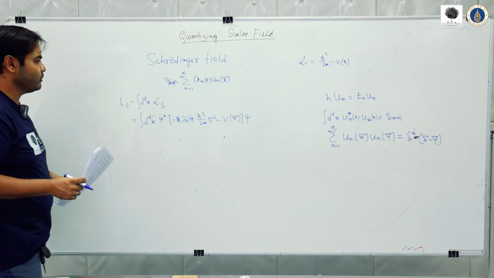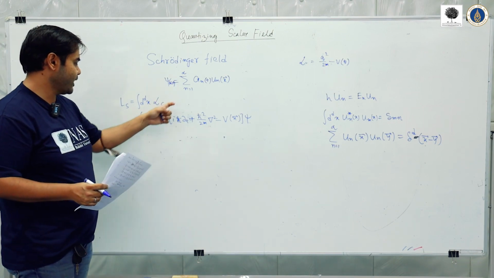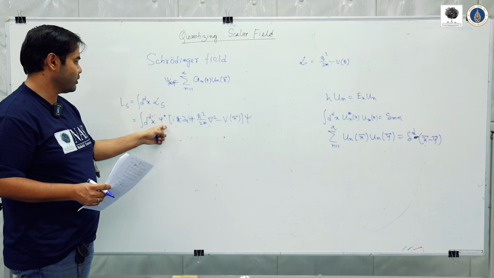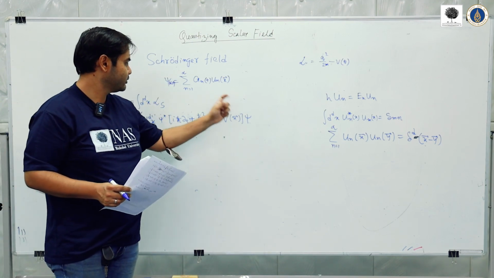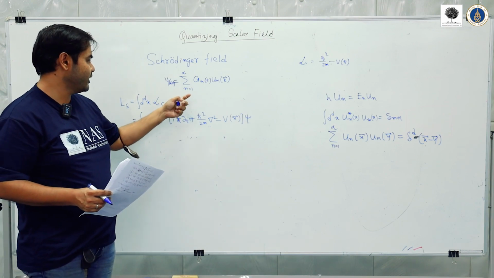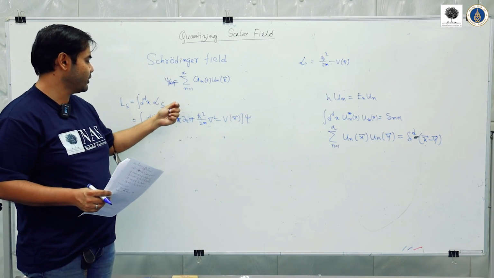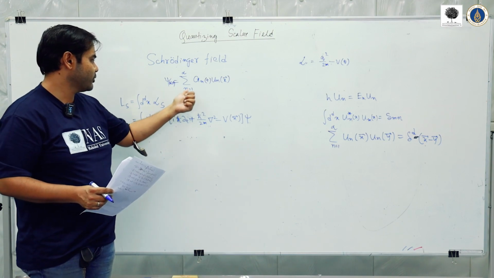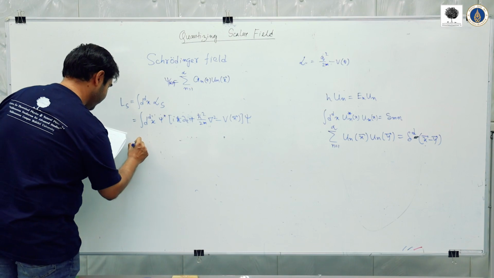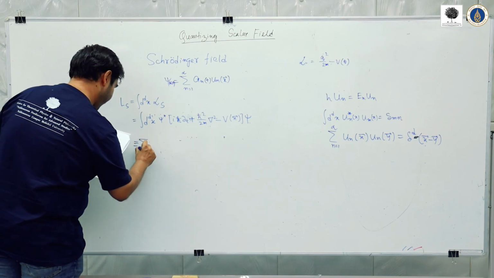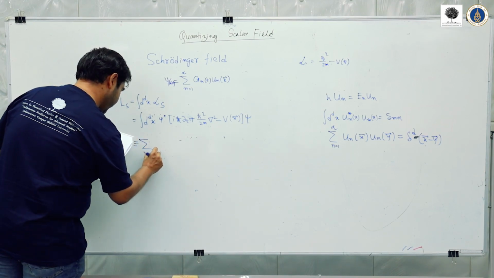Be careful not to mix up the indices, because there will be an expansion for psi star with one index, and an expansion for psi with another index. You have to give two indices, and that's why it can be written as a double summation,